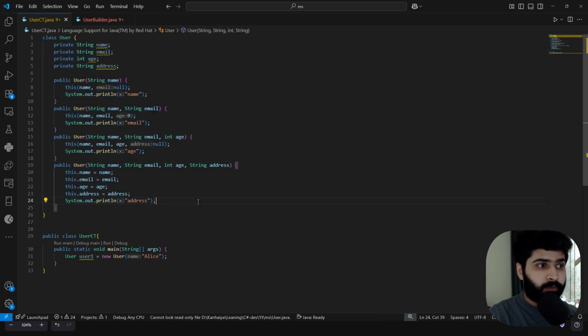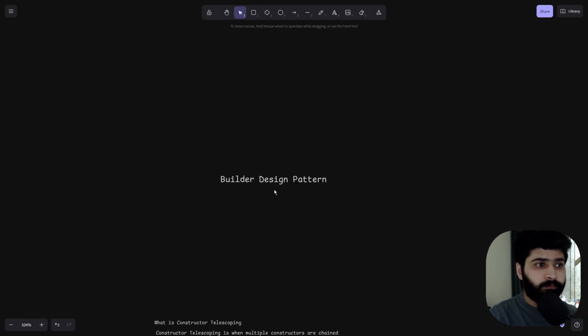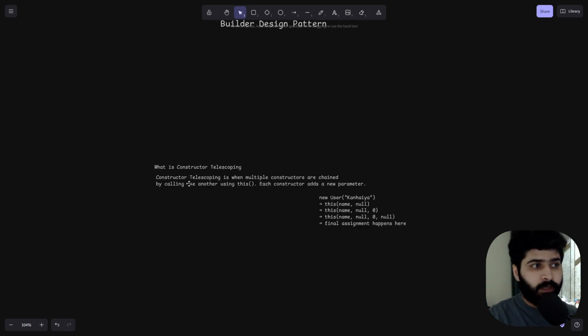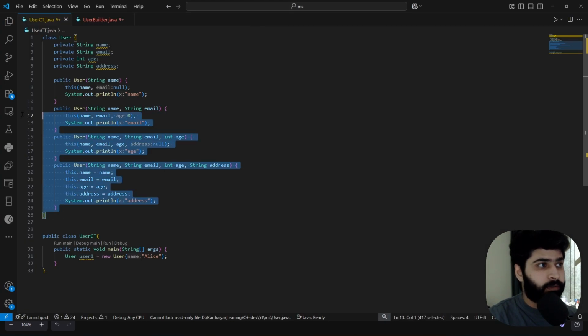As you can see here, constructor telescoping is when multiple constructors are chained by calling another constructor using this, and each constructor adds a new parameter, as I showed you here.